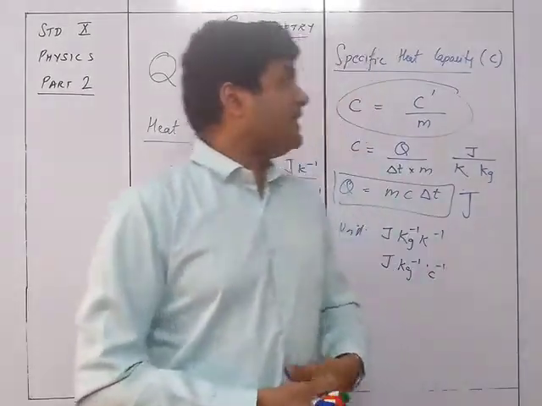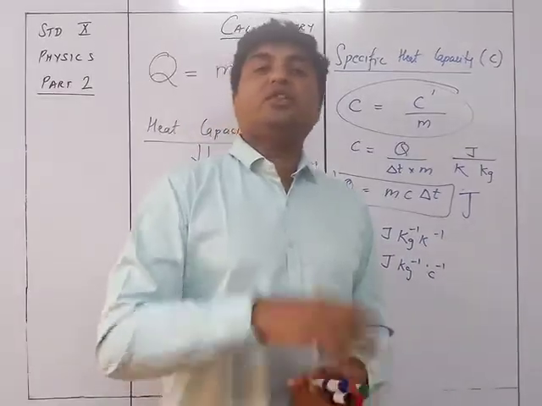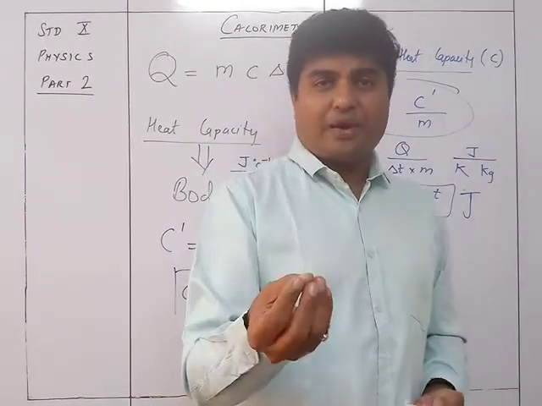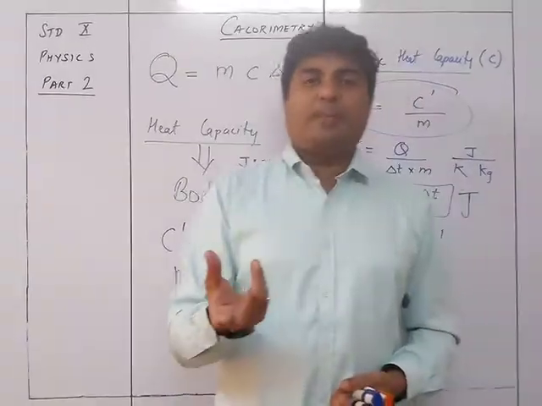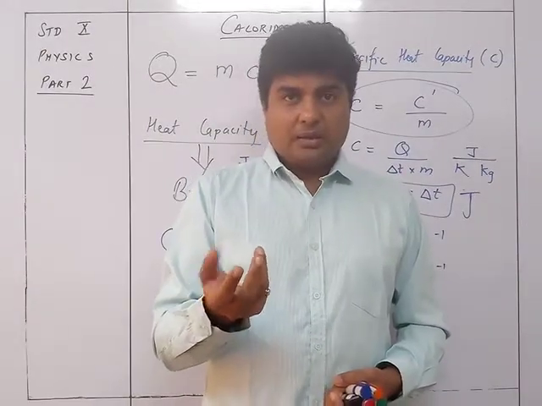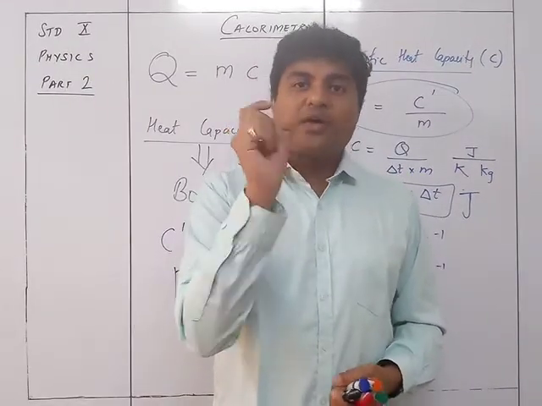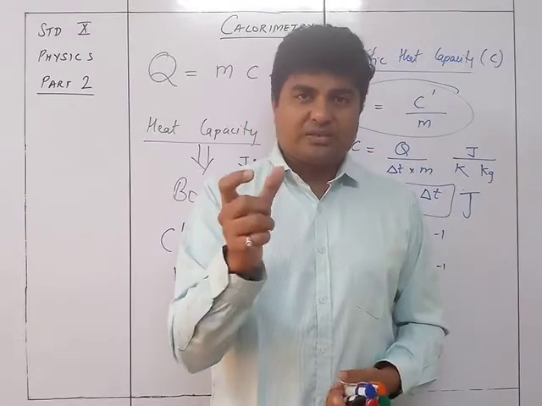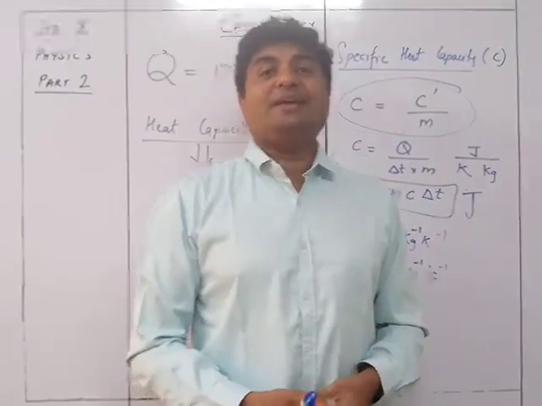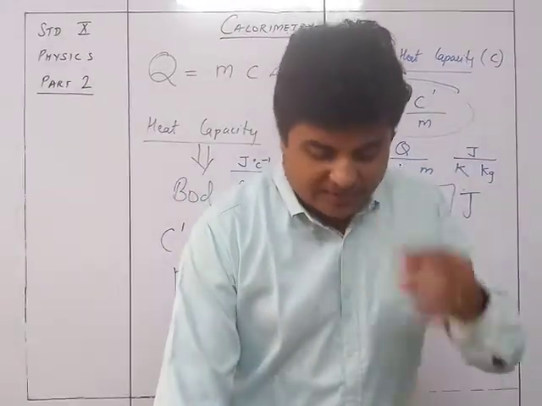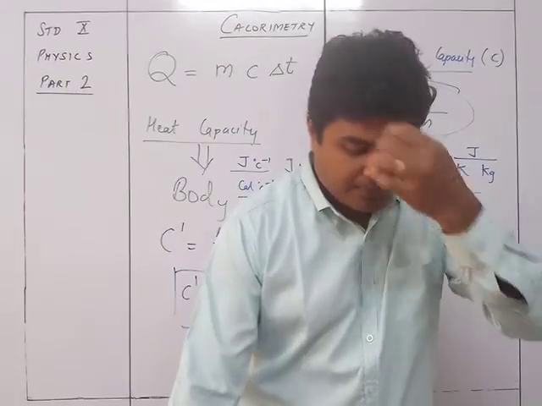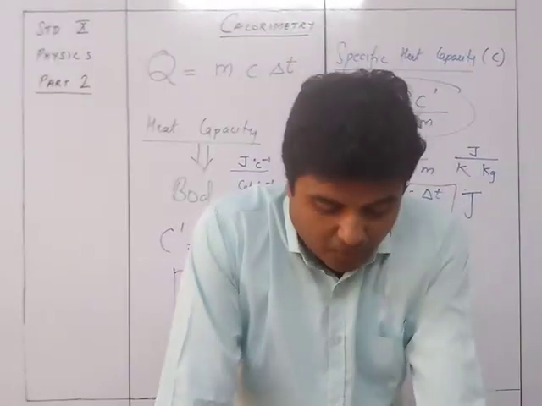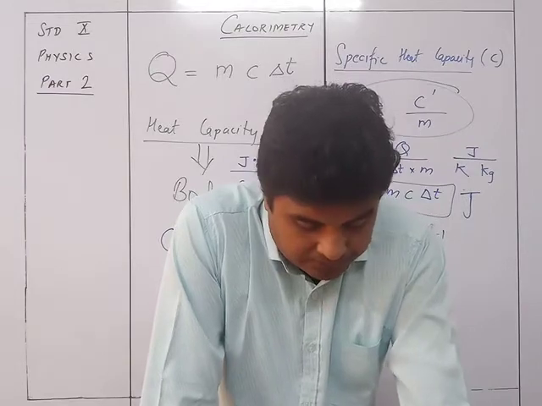But what is specific heat capacity? Specific heat capacity is for 1 gram or for 1 kilogram. So automatically it is not dependent on mass. The value is already for one particular unit mass. That's why heat capacity is related to the mass, whereas the specific heat capacity does not depend on the mass, but it is a characteristic property of the substance.